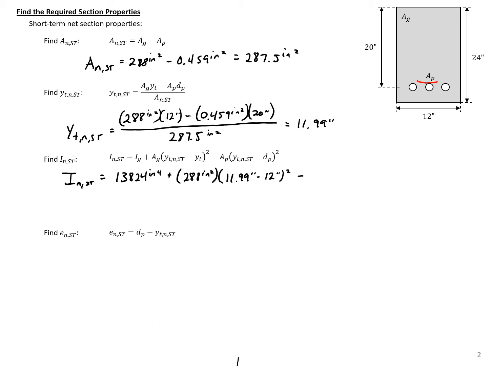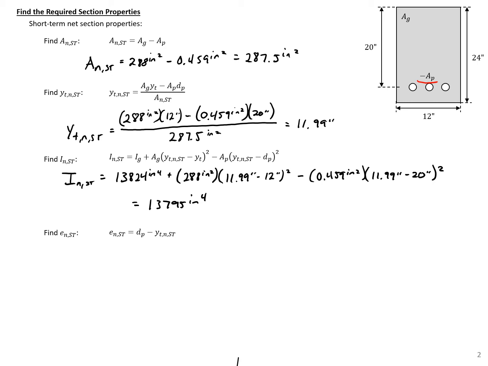And then we're subtracting out our A d squared component for our pre-stressing, so minus 0.459 square inches times 11.99 minus 20 squared. So this will give us an I net of 13,795 inches to the fourth. So you can see it's just about equal to our gross moment of inertia,